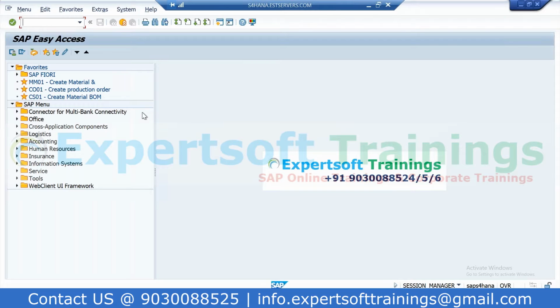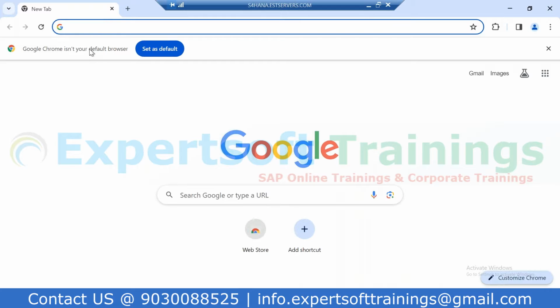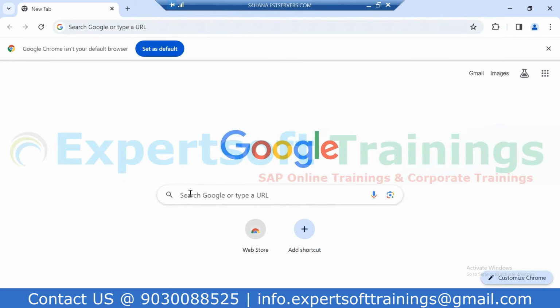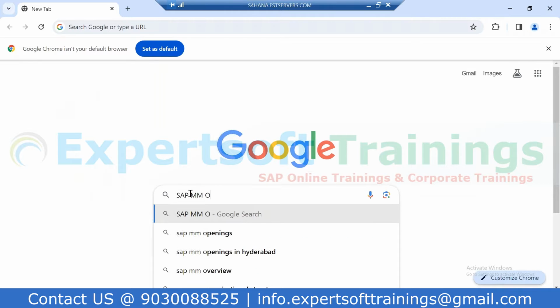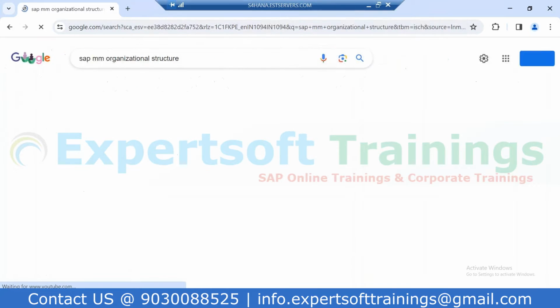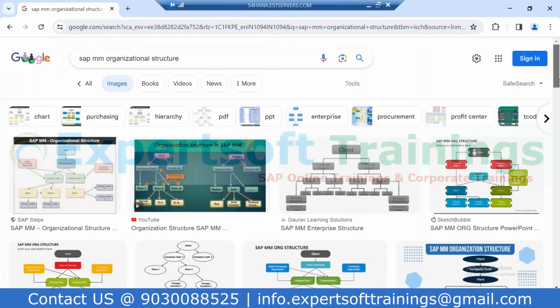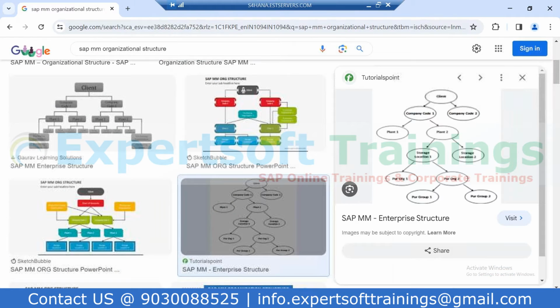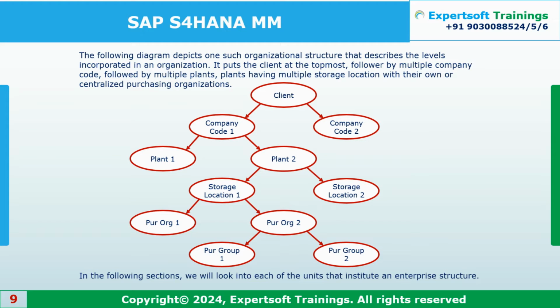So we are into the SAP system now. Hope you are able to see this browser screen.